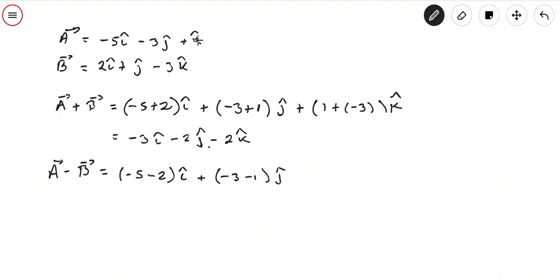And then we do the same with k, so plus 1 minus negative 3 k. So negative 5 minus 2 would be negative 7i. Negative 3 minus 1 would be negative 4j. And 1 minus negative 3 would be 1 plus 3,